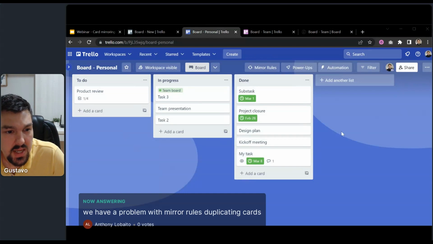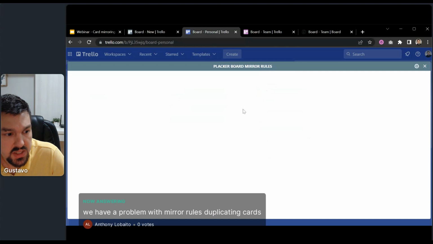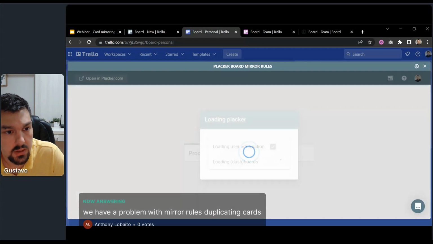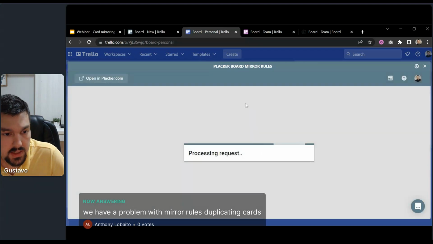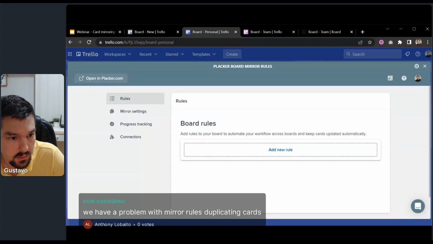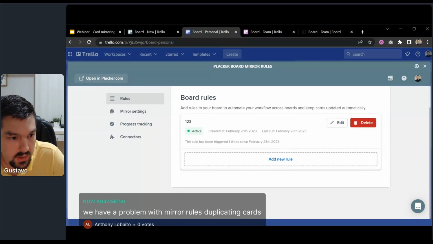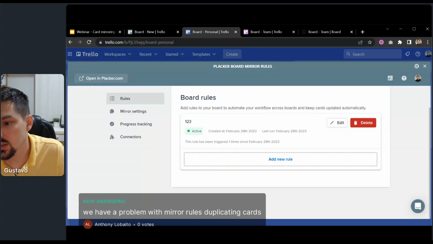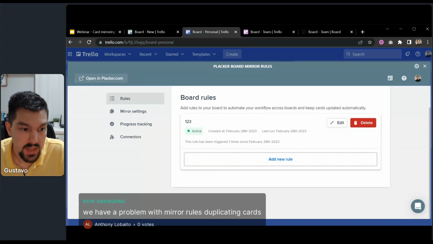Okay, I'm not sure exactly what kind of problem that is, but it may happen sometimes that you open the mirror rules, and instead of having the green active button, it has a red button saying invalid parameters, or it has a blue info button. So if you see this, there are many things that could cause it. Like for example,